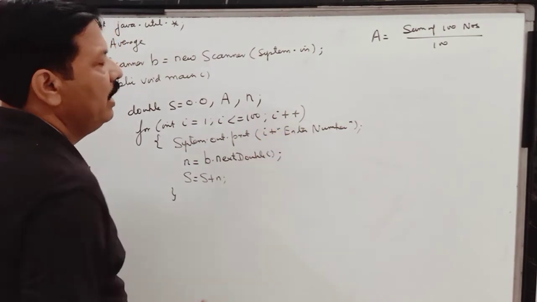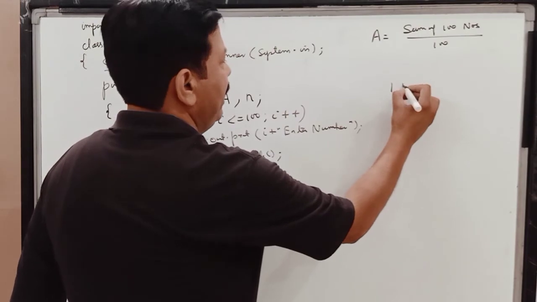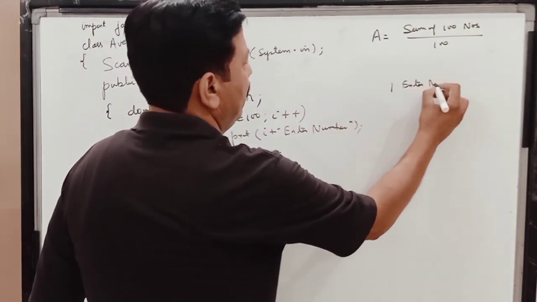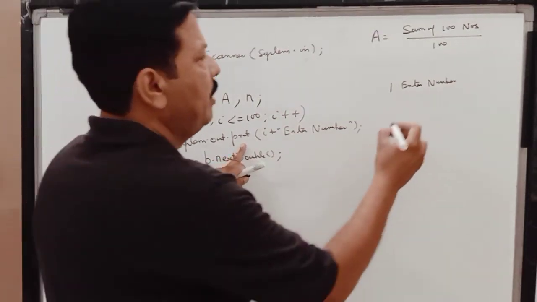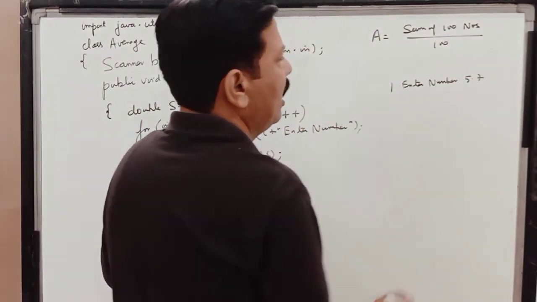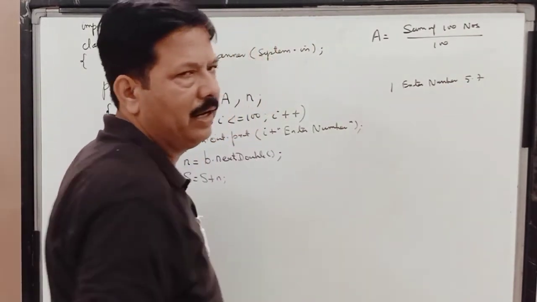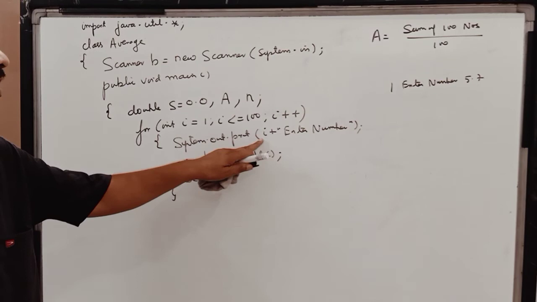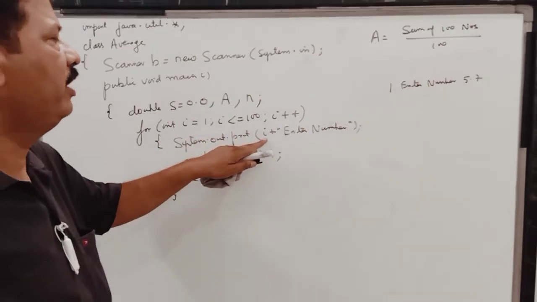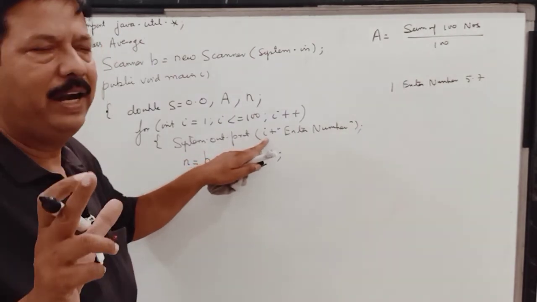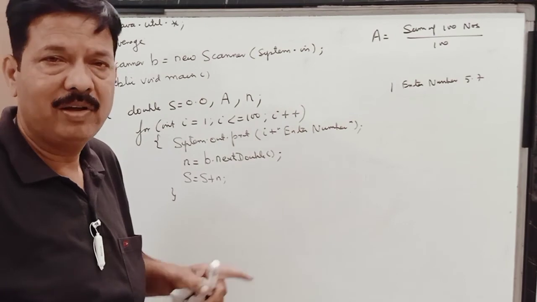And children, for your sake, for the programmer who is running this process, if I write i plus, then the message will come like this: 1 because of i, and it will say enter number. And if I said print over here, then any number which I am going to enter will come over here. And if I write println, then this value will get entered in the next line. So children, I have just used this i as a prompt, as a message, and it will display like this: 1 enter number, 2 enter number, 3 enter number. So you will come to know how many numbers you have entered.